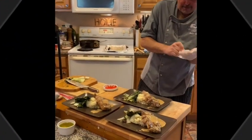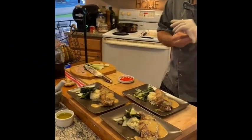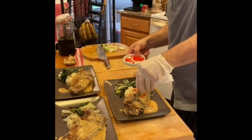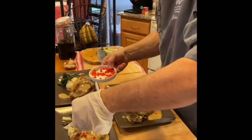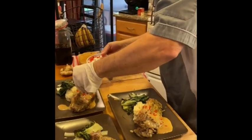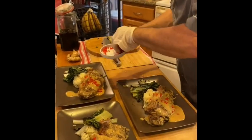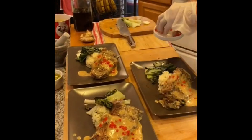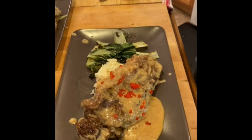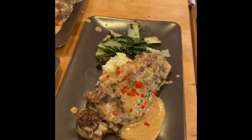All right, so we have our Au Poivre. We're going to use a little bit of the red pepper for some color. It'll give it a nice little texture. You got some nice green on there. The rice has some nice color in it. There's room on the plate. If you're really picky,